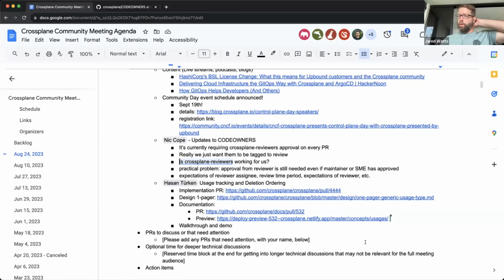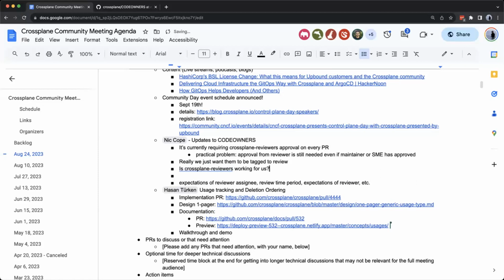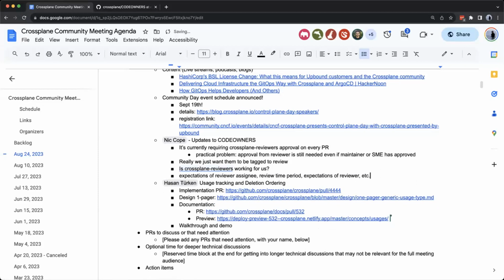Yeah, Lovro. From my side also, it makes sense to go over this again. I understand, if a maintainer approves a PR, especially if it's not something long or very complicated, it makes sense that they would have the possibility to just merge without waiting for Crossplane reviewers. And I don't know if this is possible technically through GitHub, but yeah, it makes sense.